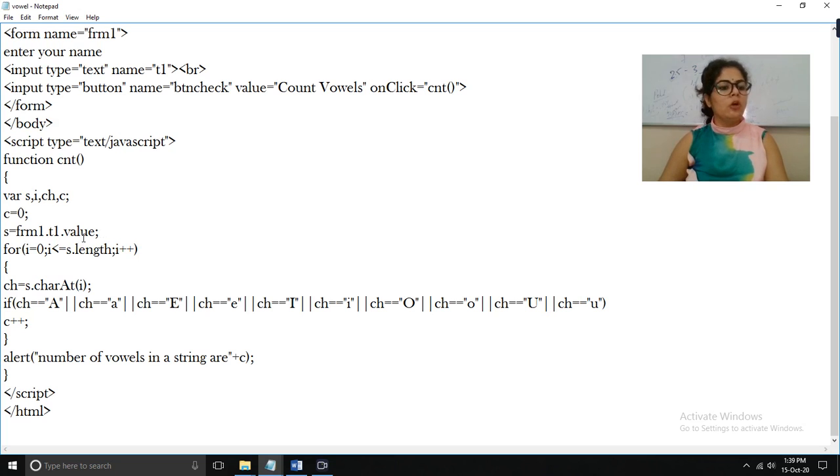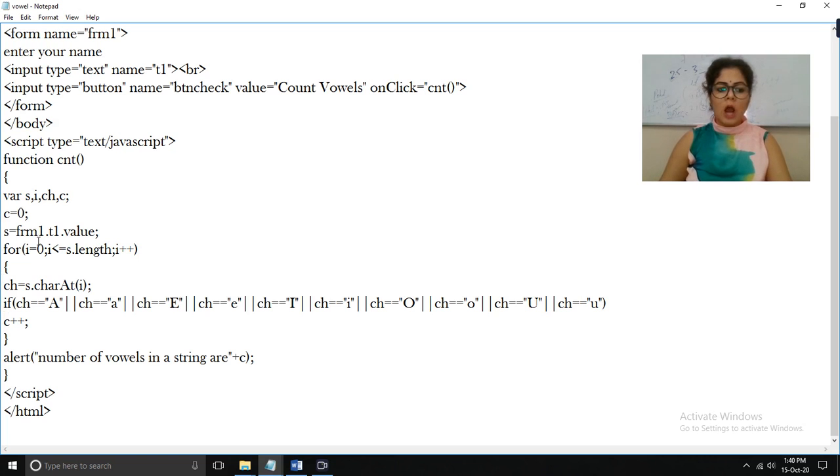Now what is the meaning of this? Students, form1 is the name that we have given to the form, this is the FRM1 form. Don't make a mistake: if you change the name of the form, you have to write the same name as it is, otherwise it will generate an error.